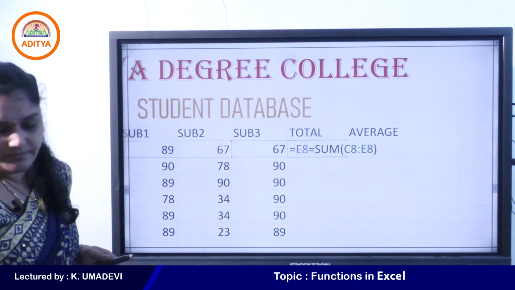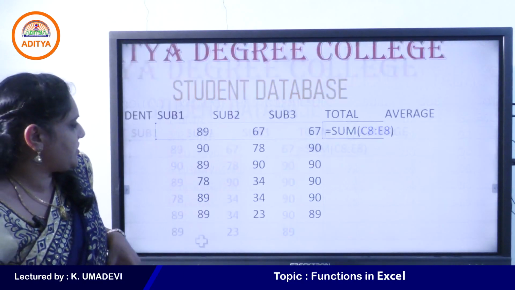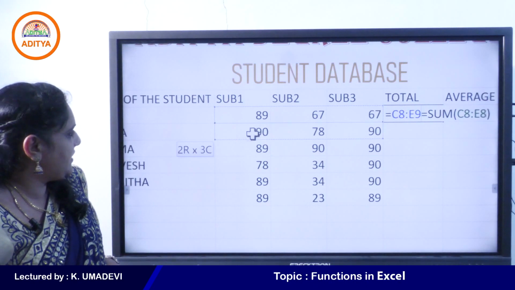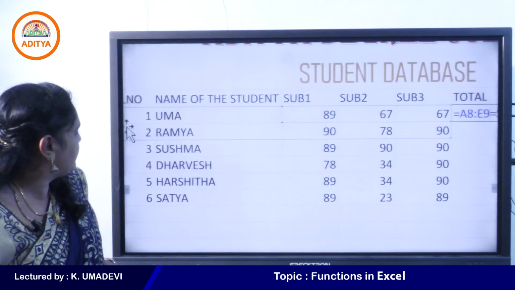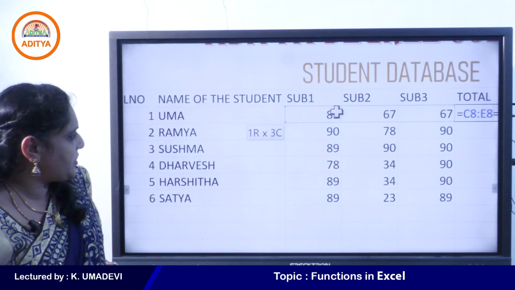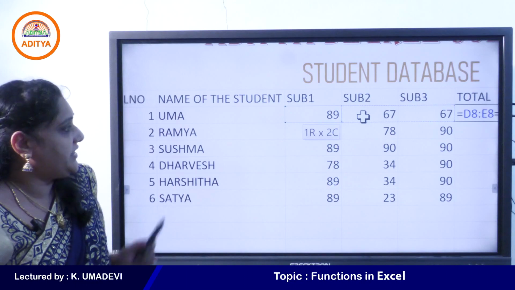One second, students. Okay, so this is the range. If you want to expand the range, simply click and drag to the selection range, or else if you want to reduce the range, say for example here, I need to add D8 and